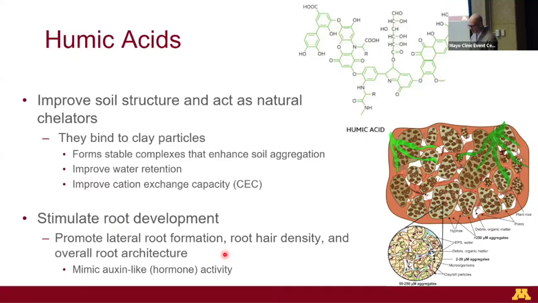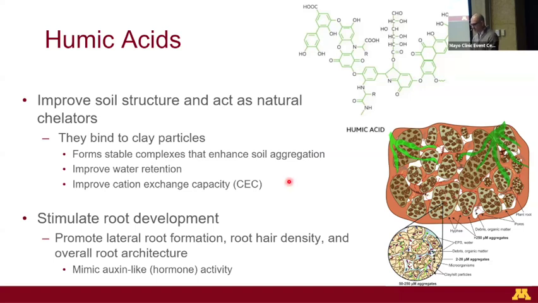The way the humic acids have been used, they can help improve soil structure. They are natural chelators that can bind clay particles together to help create those good aggregates. For example, here we have a mix of clay particles, plant debris, and microorganisms that are all being held together by those small humic acid molecules that bind it all together, works like a glue, and create those aggregates. Just by the process of enhancing aggregation, it will increase the water holding capacity of a soil,